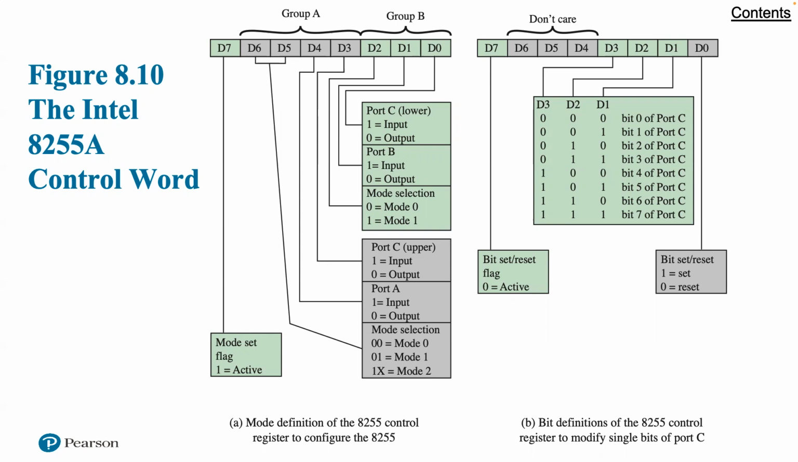Data may only be sent to a port if the port is defined as output, and data may only be read from a port if the port is set to input. That's mode 0, and then mode 1. In this mode, ports A and B can be configured as either input or output, and lines from port C serve as control lines